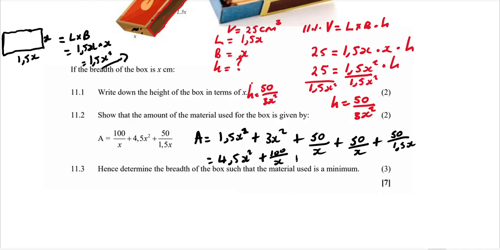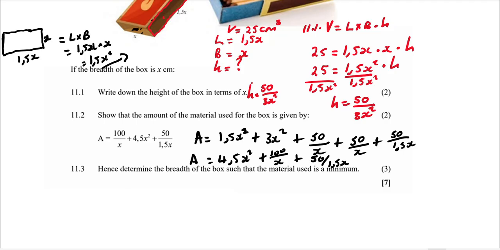Here's plus, then we're going to say 50 all over 1,5x. Do you get me? So it is like this. Here we find our A. This is 50 all over 1,5, which is this one here. Then here we have 100 all over x. So now they say hence,